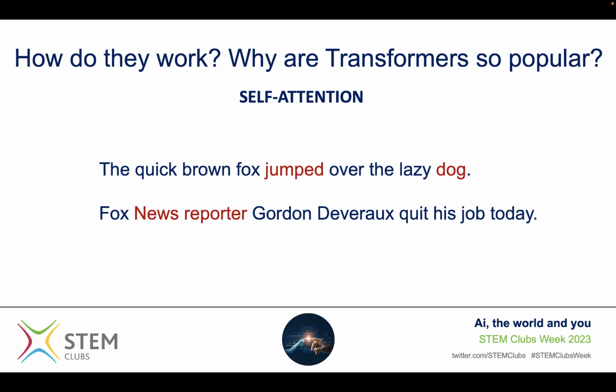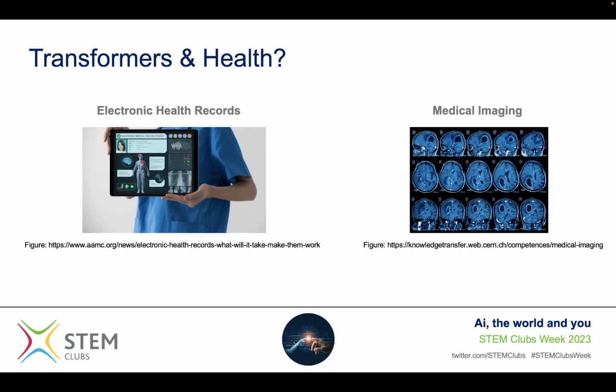Here the model would probably focus on the contextual words of news and reporter. So fox here means something different than fox in the other sentence. And this is what self-attention helps the model to understand over time. Okay, so we learned about transformers, a bit of the history of them and, on a very high-level overview,